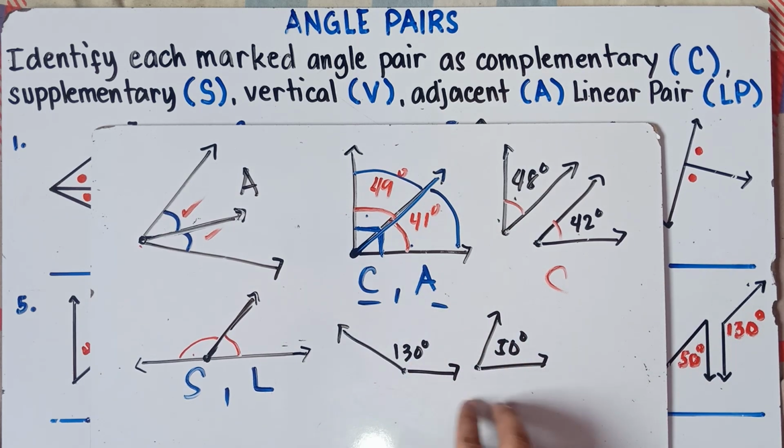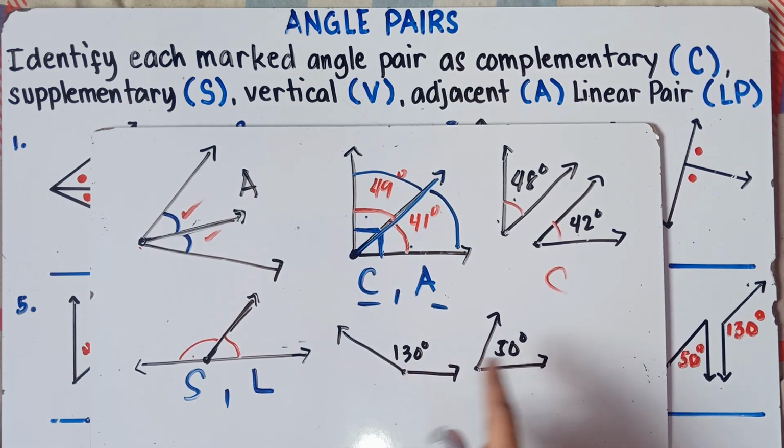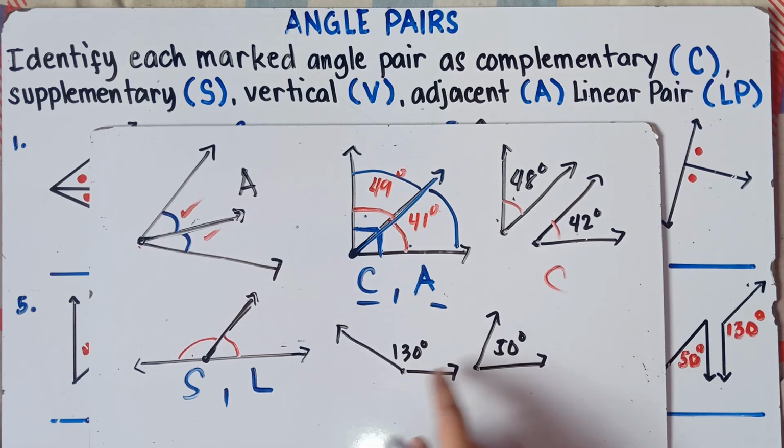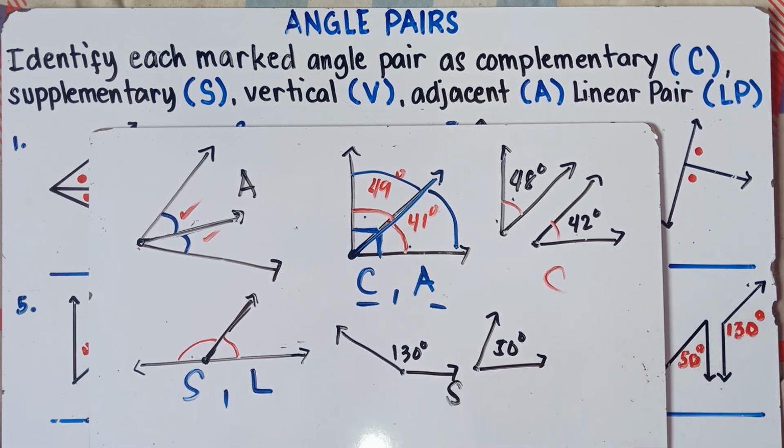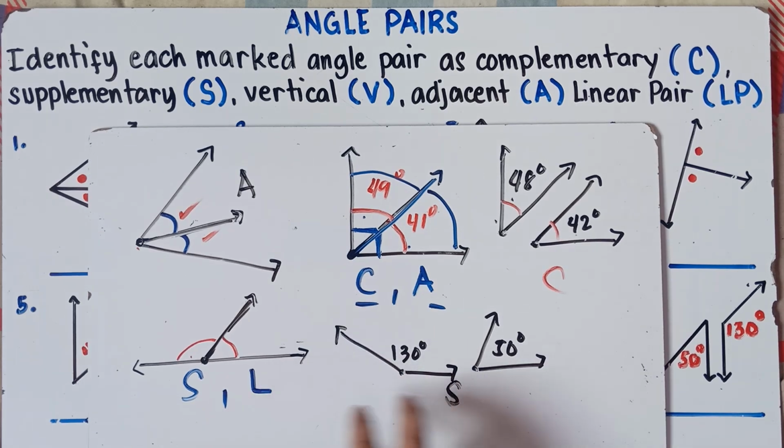Next question, can we call this one supplementary angles? Yup, we can call this one supplementary angles because if you add the two angles, you will have 180 degrees. The sum of these two angles would be 180 degrees. Therefore, this is supplementary angles, but it is not a linear pair. So very different, class, for this one. I hope you understand the linear pair and the supplementary angles.